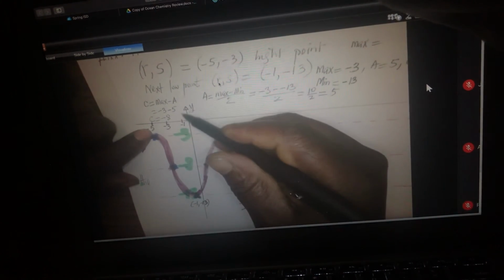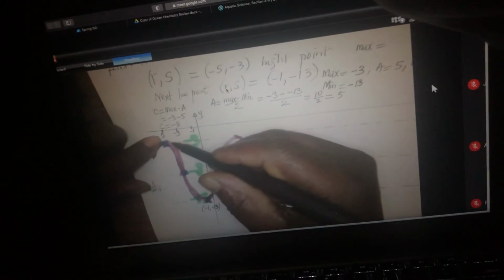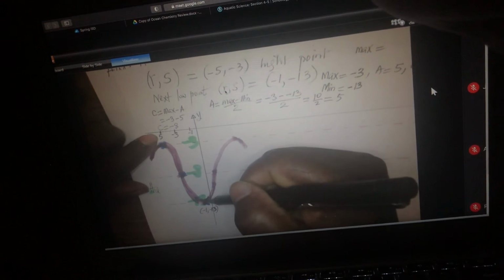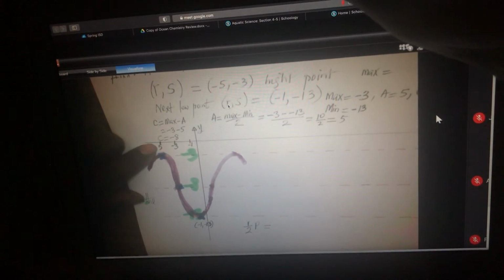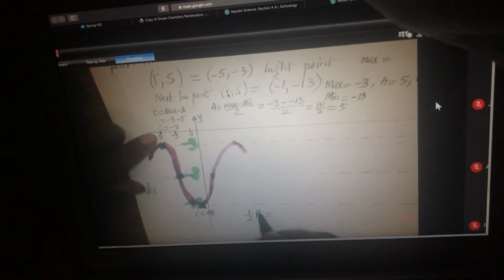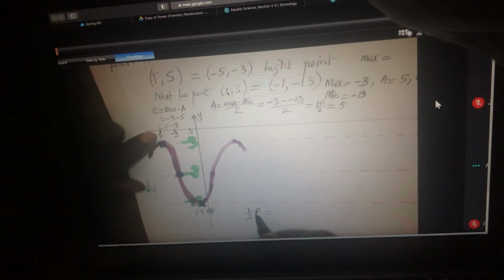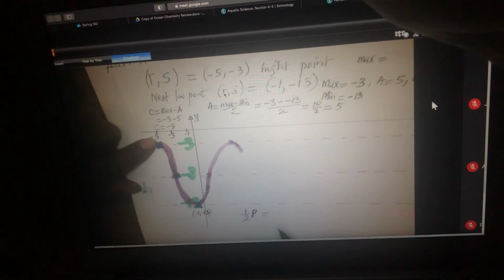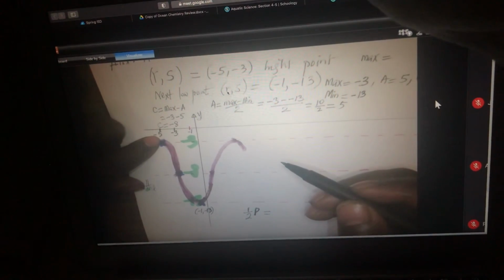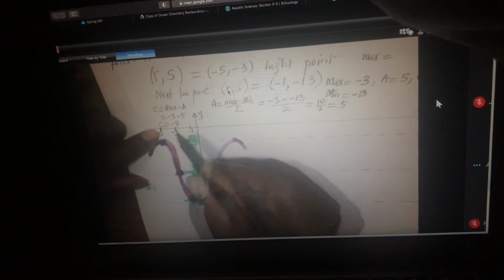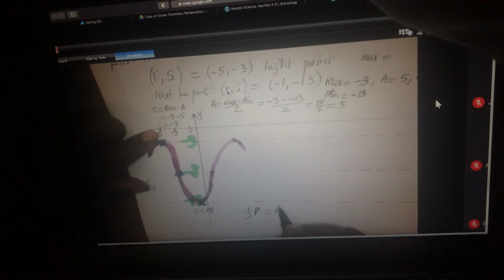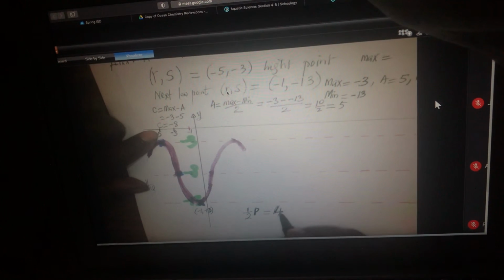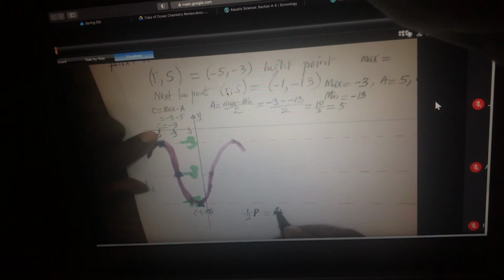It's 4. Very good. Therefore, you can make that decision now that half of a period is equal